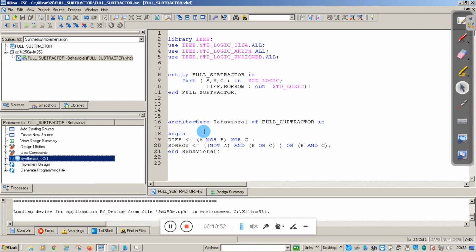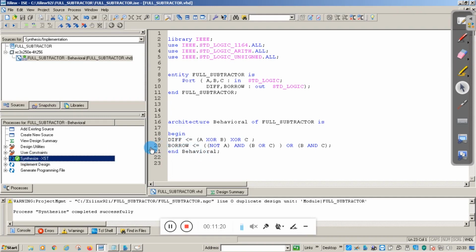It will pop up any semantic errors. If you get a green check mark, that means our code is ready for hardware circuit generation. There is no semantic error in the code.